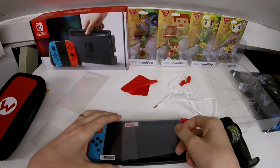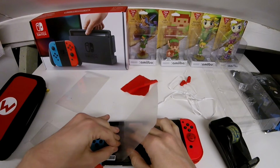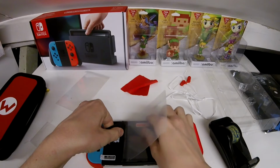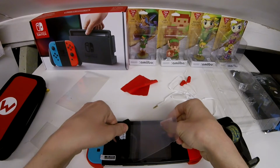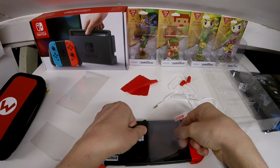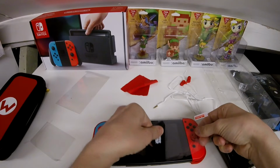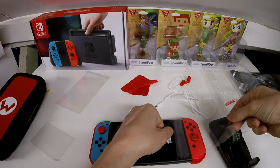Okay, so once you've got that edge stuck down, you'll be able to use this applicator or anything else that you've got, maybe a ruler, and just squeeze that onto the Switch like so. You might notice a lot of bubbles at this stage. It's because of that top layer that we need to peel off second, and a lot of these bubbles will disappear. Just keep going all the way